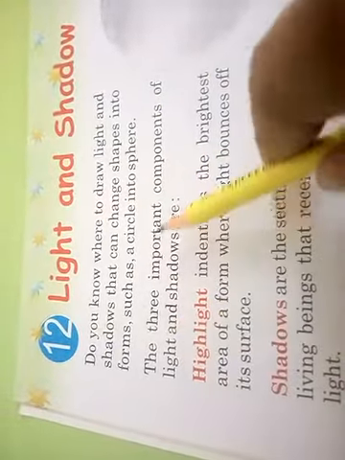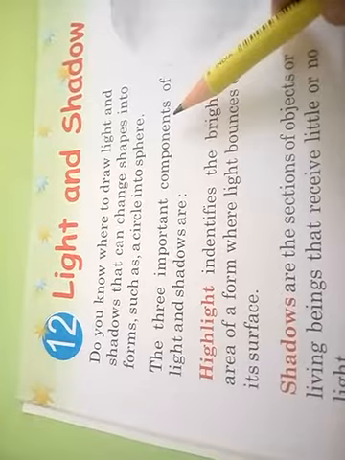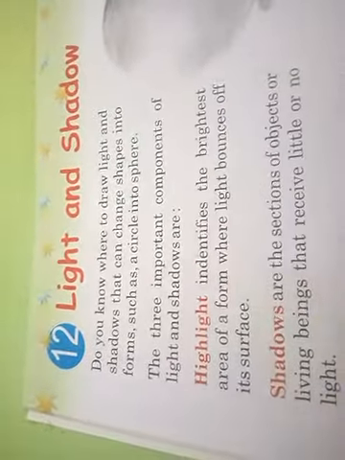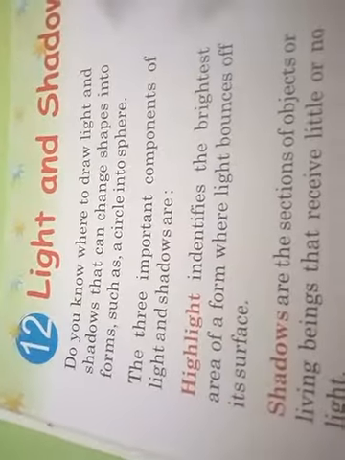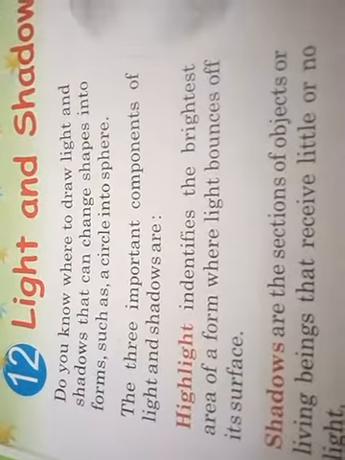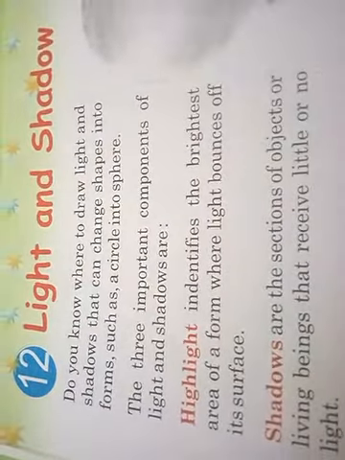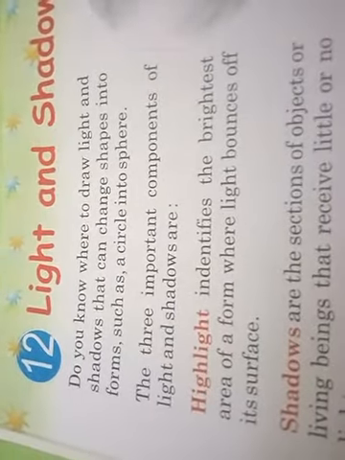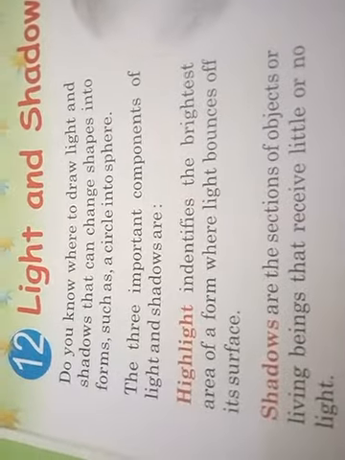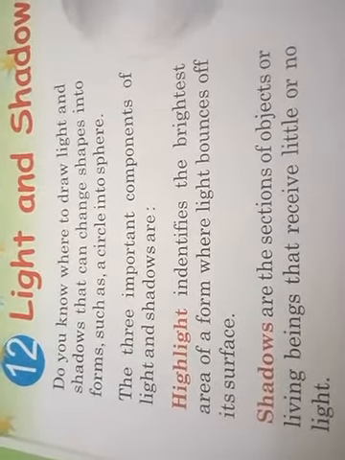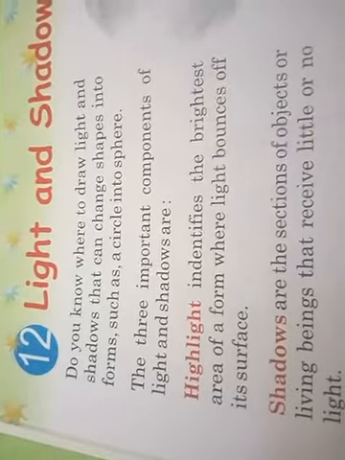Now the three important components of light and shadows are: first, highlight. Highlight is the most important in a drawing. You can use colors also, pencils and colors, but highlight is the most important part